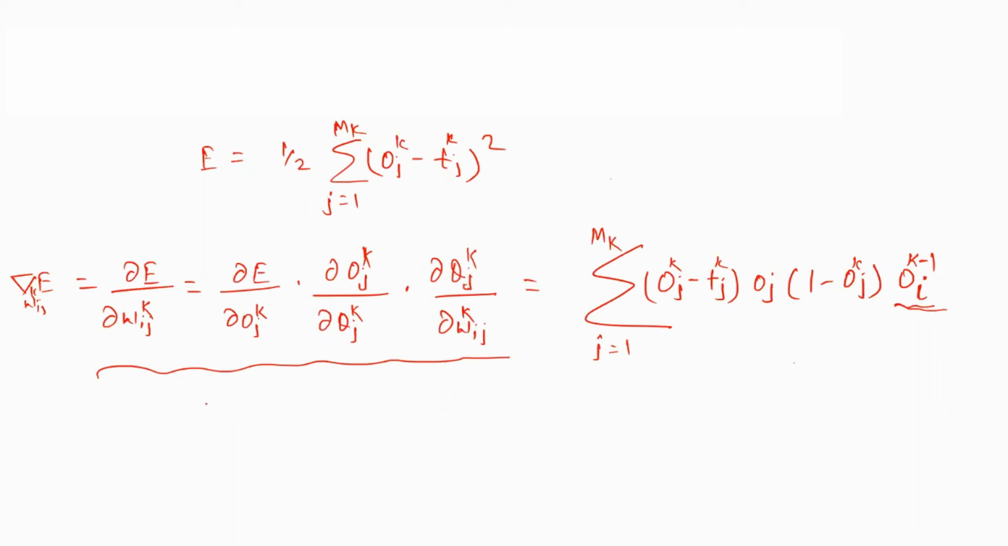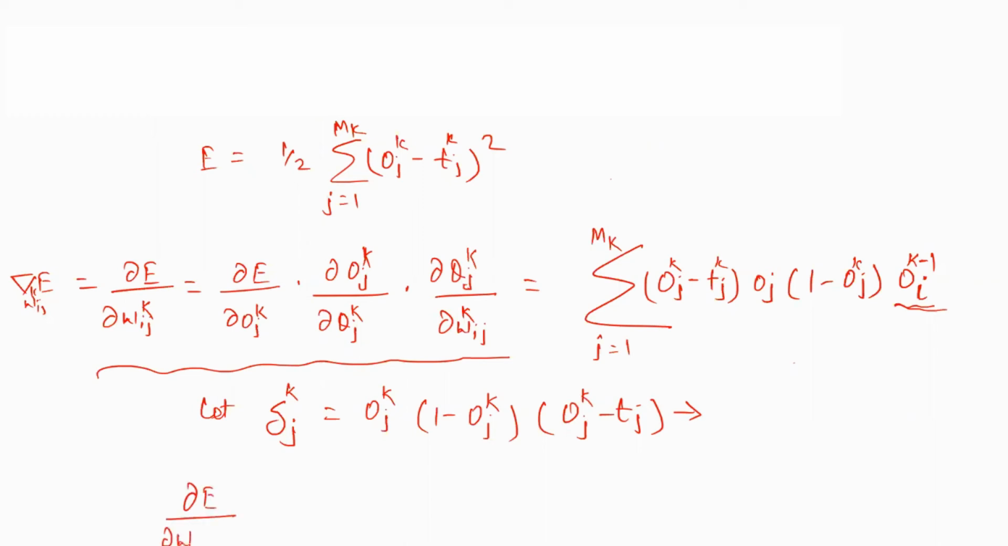Let me make it more simple. Let me take another variable called delta jk equals ojk multiplied by (1 minus ojk) multiplied by (ojk minus tj). This is an assumption which will be useful just to simplify. That's it. So we can finally write del E by del Wij will be equals to